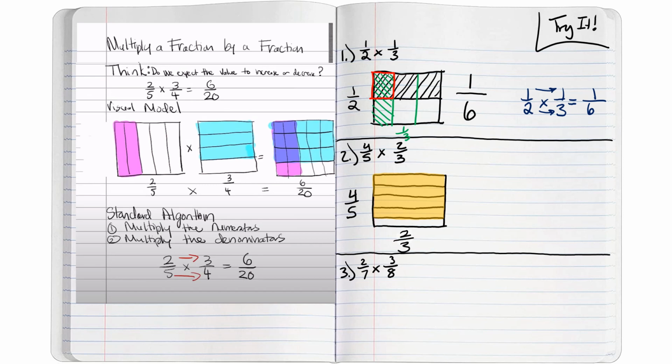2/3. So to show 2/3, I'm going to cut it in half, or I'm sorry, I'm going to cut it into thirds. There we go. Going the other way. And I want to take 2 of those thirds. So let's go ahead and do that using my coloring tool. 1/3